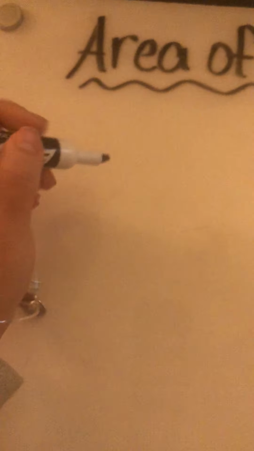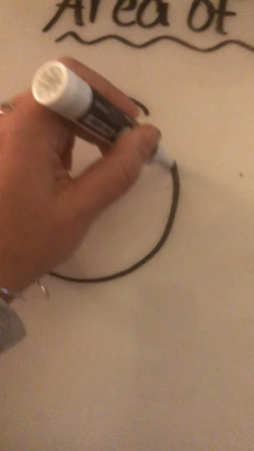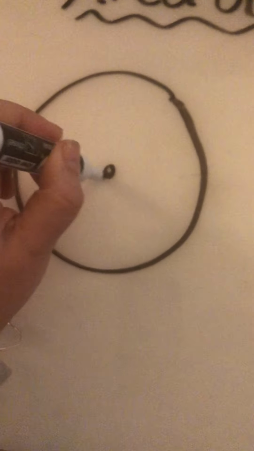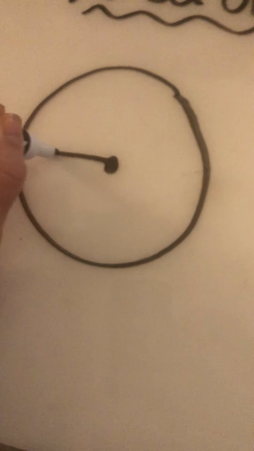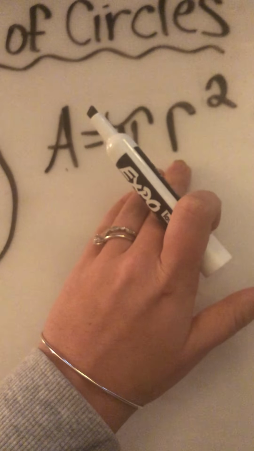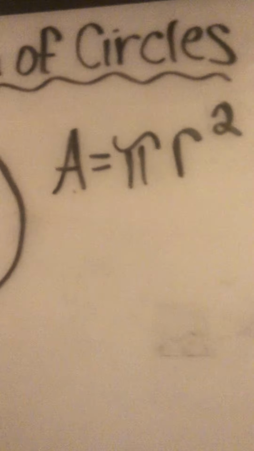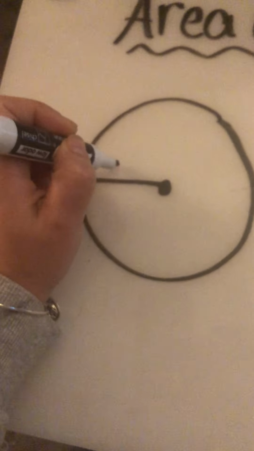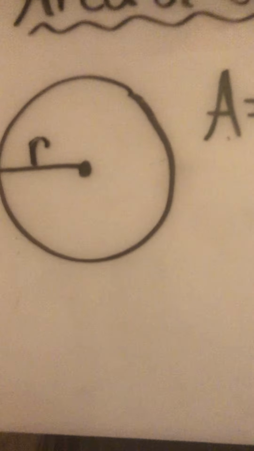So the area of a circle is now going to be referring to the space inside of the circle as opposed to perimeter where we were only looking at the distance around the circle. Now we're looking at the space that takes up inside the circle. So the formula that we use for area of a circle is area equals pi r to the second power. Remember that r stands for radius, and we'll review how to raise something to the second power. So in a circle, when you are finding the area, you want to make sure that you have that radius